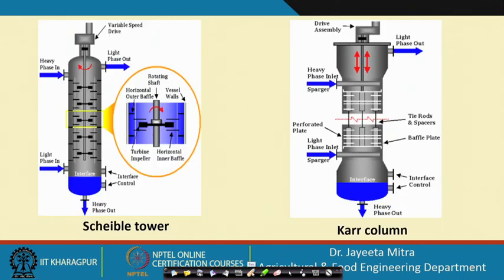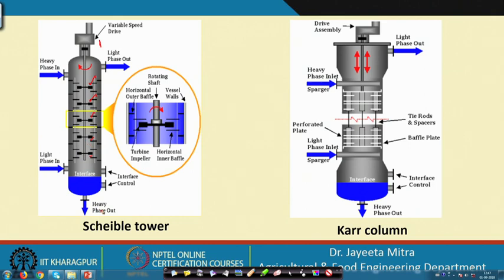So, these are the two diagrams showing the Scheibel tower and Karr column. In the Scheibel tower you can see that there is a variable speed drive. This variable speed drive is responsible for rotating the central vertical shaft at the required speed, and there are agitators mounted at a fixed interval, you can see, and we can provide different kinds of baffles there to have